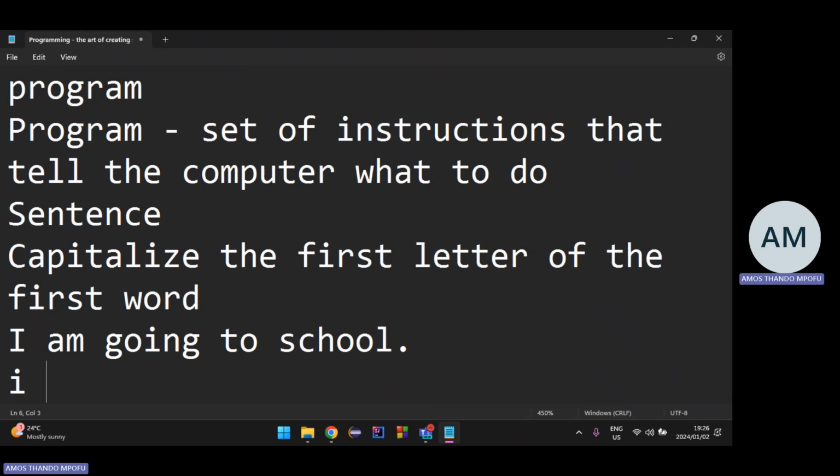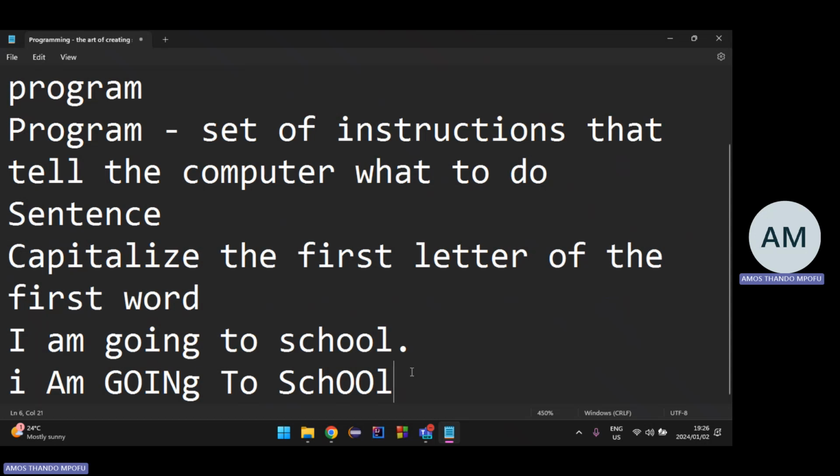You can just say, I capitalize am going to school. And you don't even put a full stop. So that's the problem with not following the rules, right? The set of rules that were created to represent a sentence.